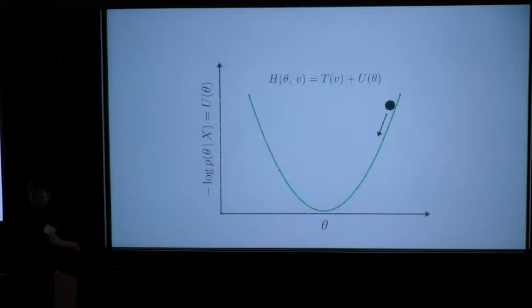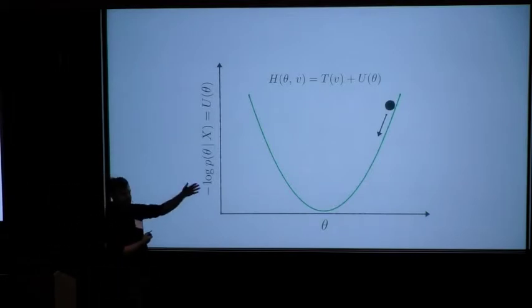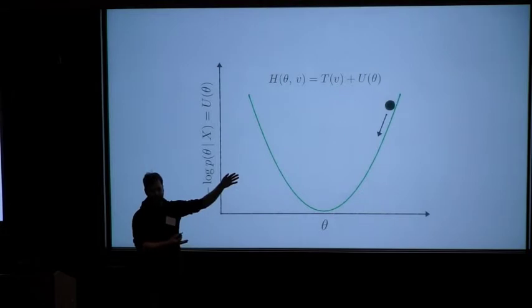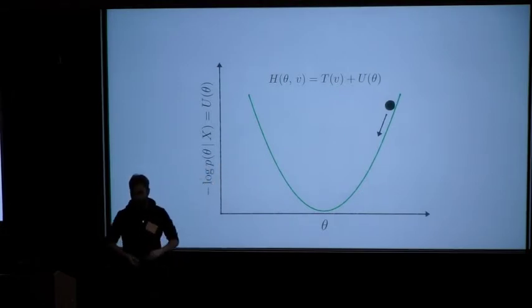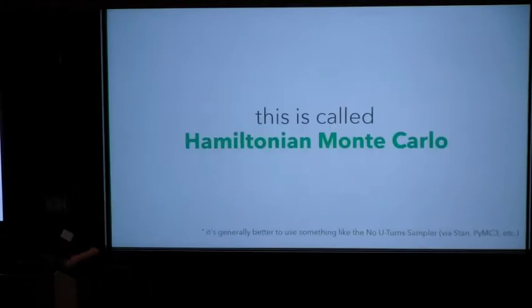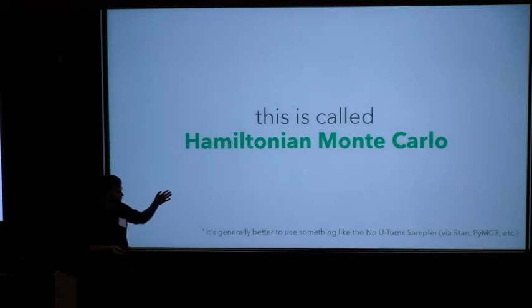But if any of us have ever integrated systems like this, we also know that to do that numerically, you need to know the derivatives of your log probability, or of your potential, rather. And so that's why we need to know derivatives. So this is sort of my sketch of Hamiltonian Monte Carlo. In practice, people don't tend to use Hamiltonian Monte Carlo anymore. They use something called NUTS, or generalizations of that, and that's implemented some other places. But this is the basic idea.